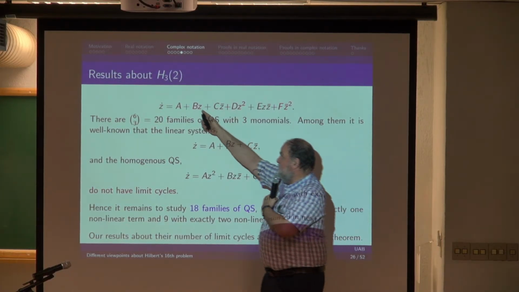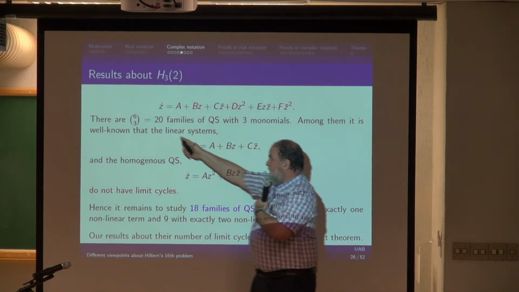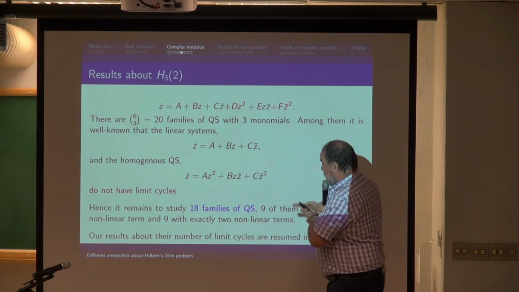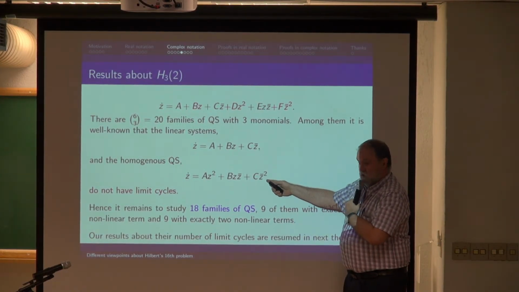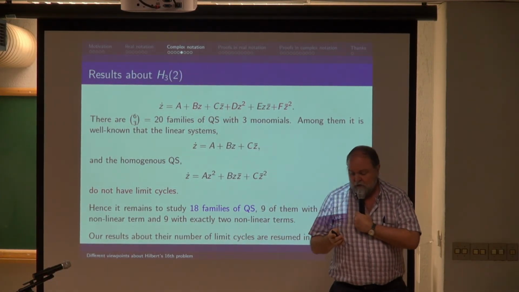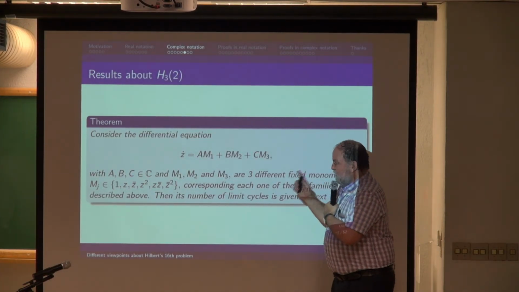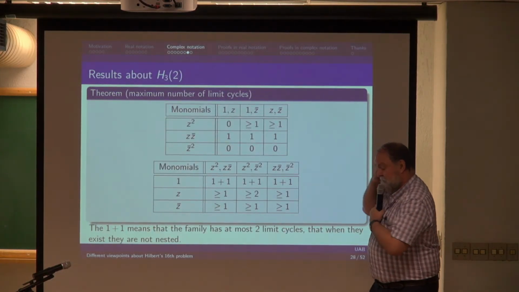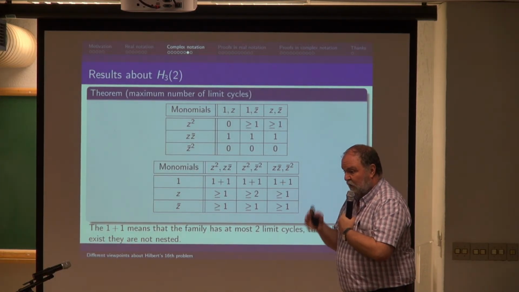I put here one example, 3 monomials. Inside this there are 20 families, is 6 over 3. These 20 families, there are 2 trivial ones, that's the linear one, no limit cycles, homogeneous, no limit cycles. So remain 18 families. So we succeed to order, and we use this notation, take 3 monomials. And these are the 18 cases. So these are all quadratic cases,